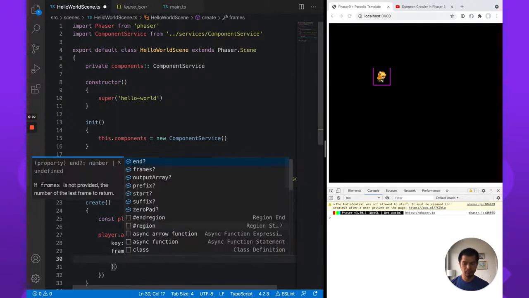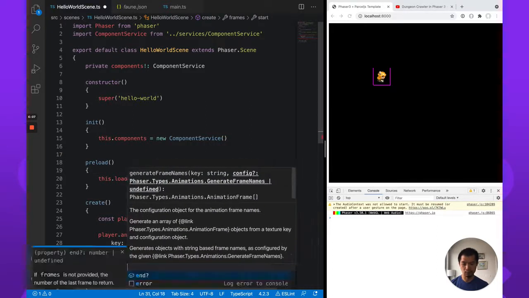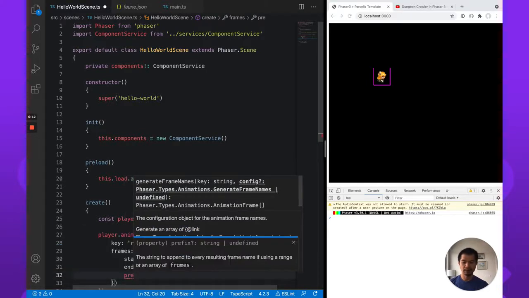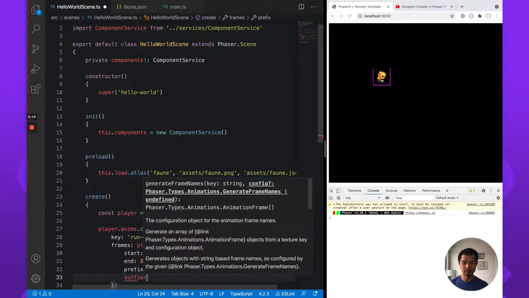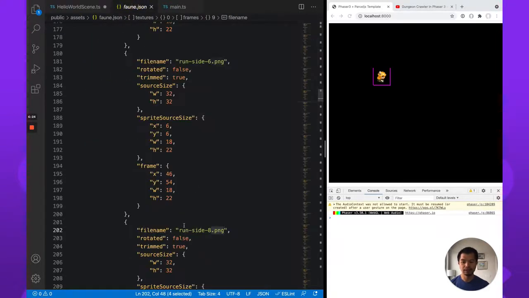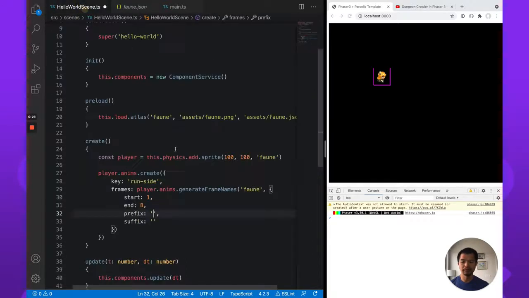And then there's a whole bunch of other config properties. So it's the starting frame, which is 1, the end frame, in our case is 8. There will be a prefix and a suffix. So in our case, the prefix is going to be basically run-side-. So what this generateFrameNames will do is fill in the numbers, or count the numbers 1 to 8,